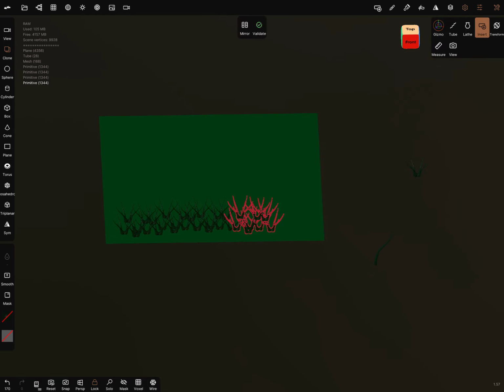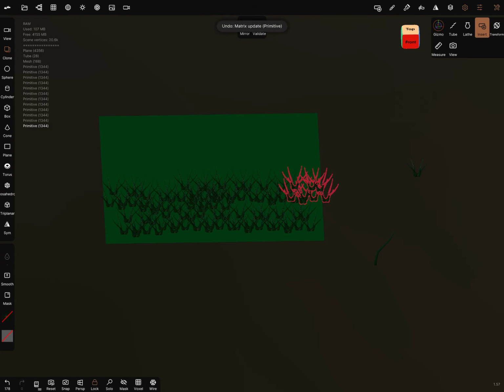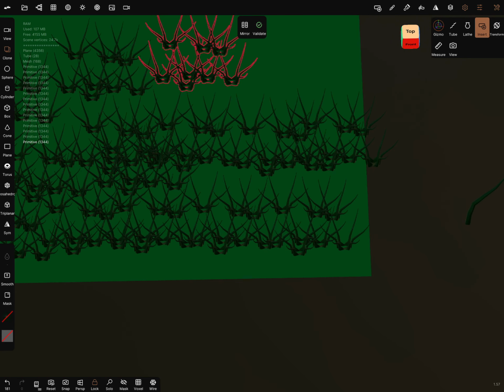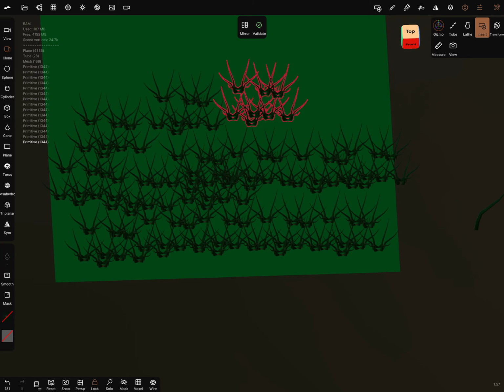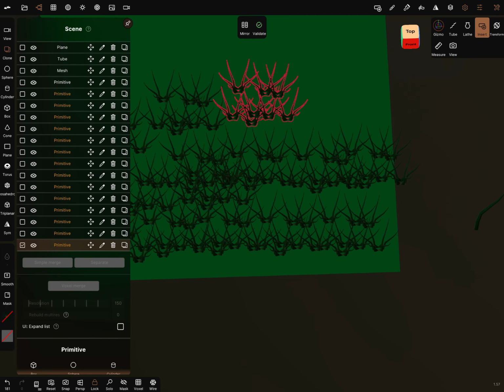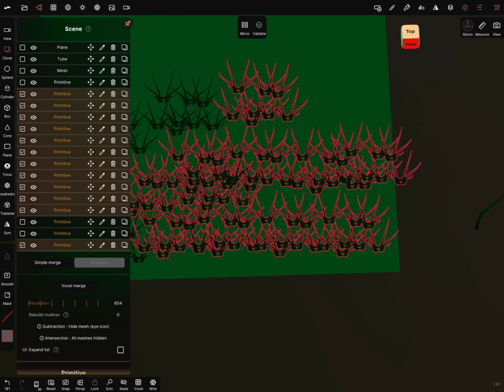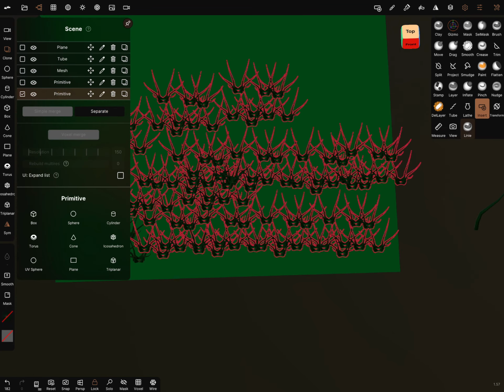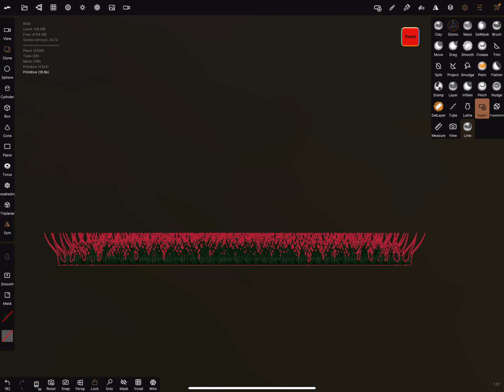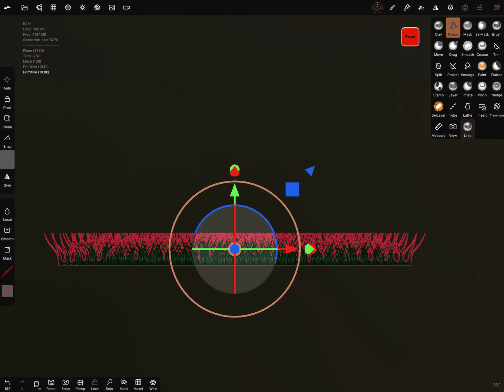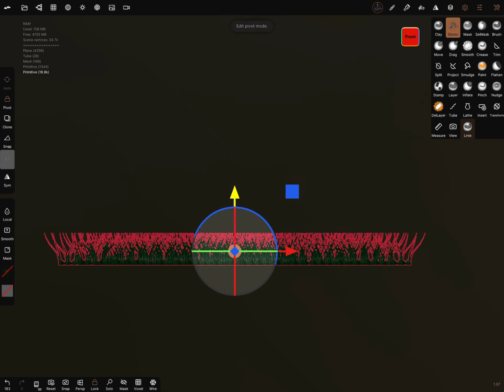And now you can add multiple of these grass pots, and when you got this, select them, simple merge them, go to the front view, gizmo, pivot, bring it in position,